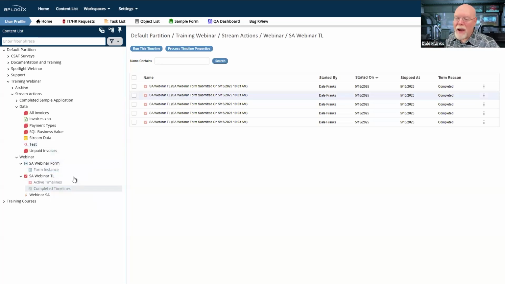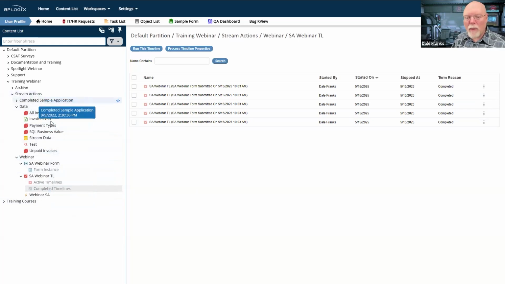So in order to make this thing work, I'm going to need my timeline to do a couple of different things. And really look, at this point, that's the stream action. My stream action is configured. It works. So at this point, I'm not even going to continue configuring because it just takes up time that we don't need to take up.